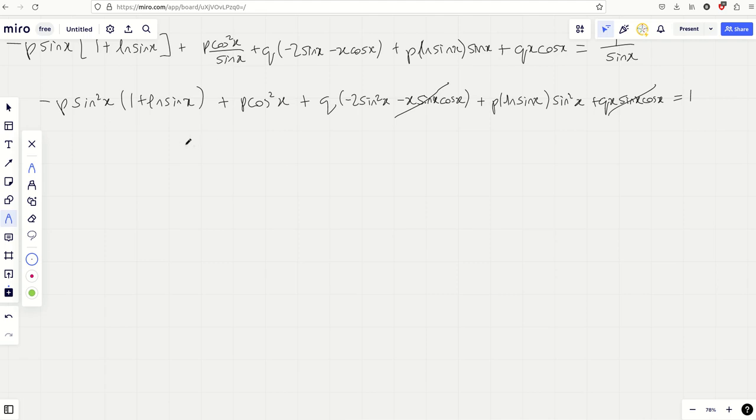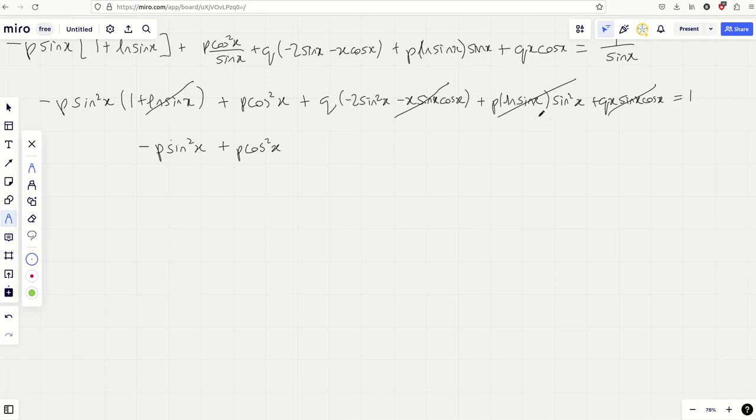What else goes? We've got a minus p squared ln sine x, and then we've got a plus p sine squared x ln sine x. That is going to disappear. When you do that times that, it's going to disappear with this one. Yeah? What are you left with? We're left with minus p sine squared. Let's write it down. Minus p sine squared plus p cos squared. We've also got a minus 2q sine squared x, and then